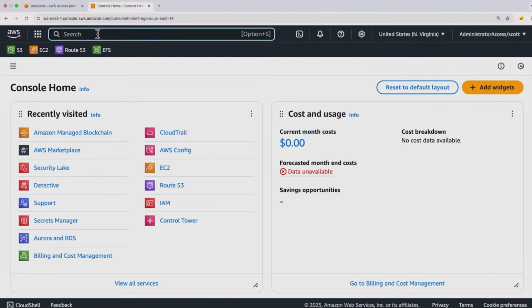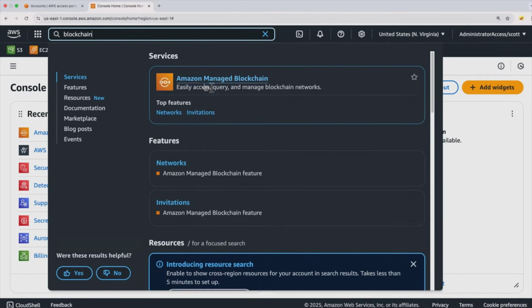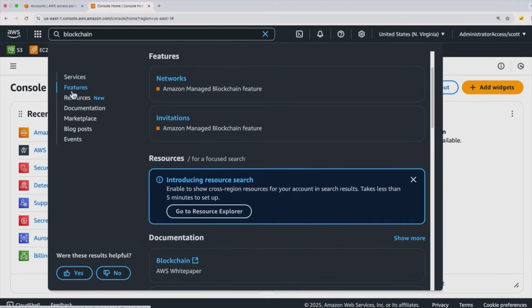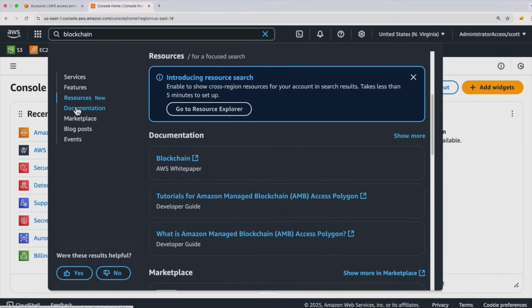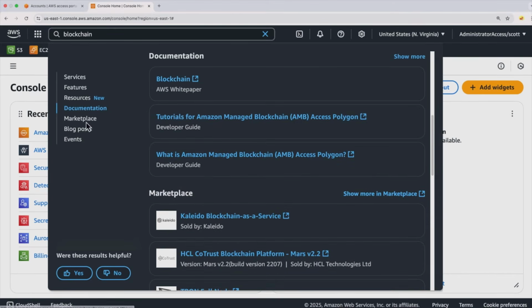So I'm just going to start typing stuff. If we type in blockchain, you can see we have different things that popped up. We have that service, and we can click on that and get to the same place, but we have these other categories here. We have some features, we have some resources, we have some documentation on blockchain and tutorials and